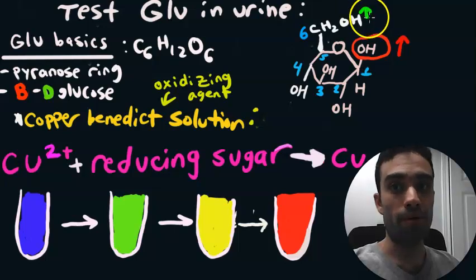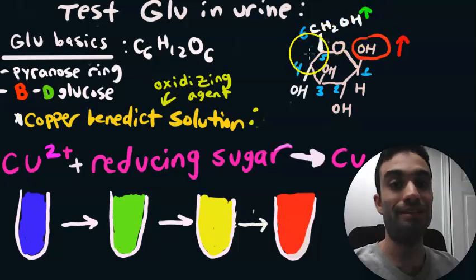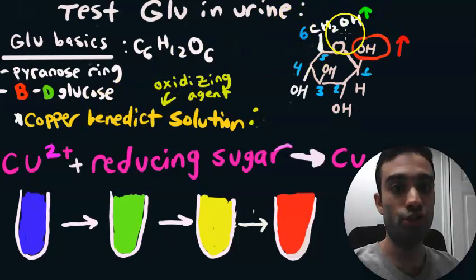The L form points downwards. But the L form is not natural. It's not found in the biochemistry of life. So glucose in our body naturally is found in the D form, which means that CH2OH group right here is